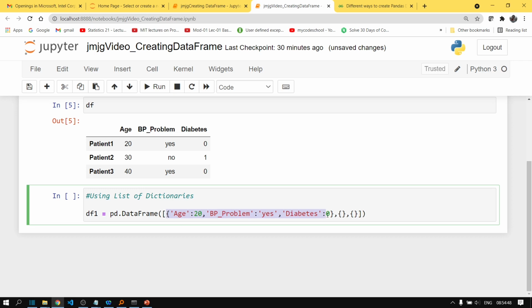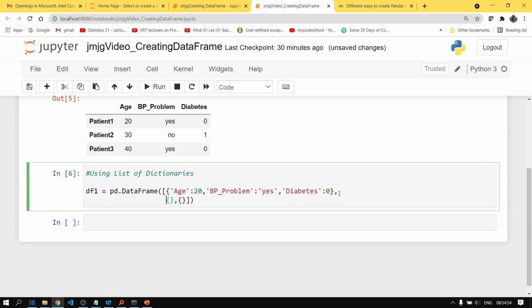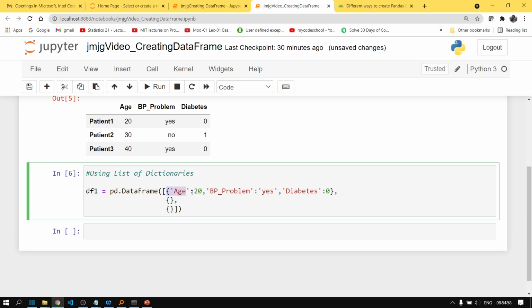Similarly, let's copy it and move it to different lines. Copy the dictionary, paste it here and again paste it. So let's change the values. Fine.